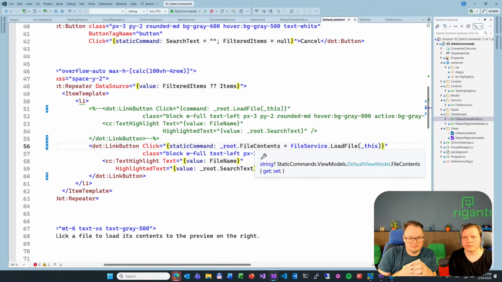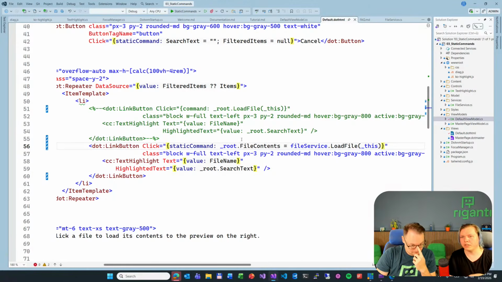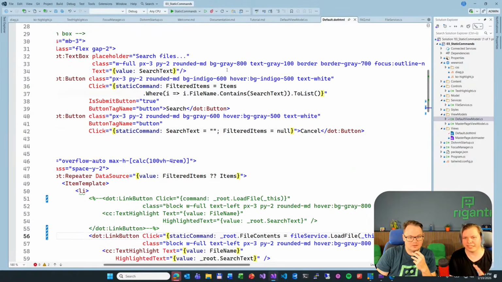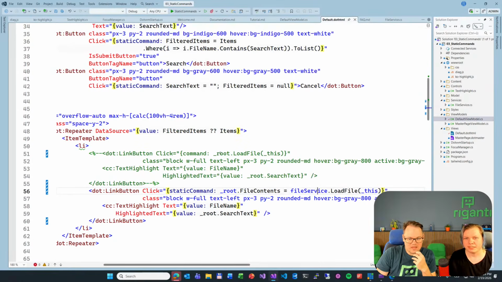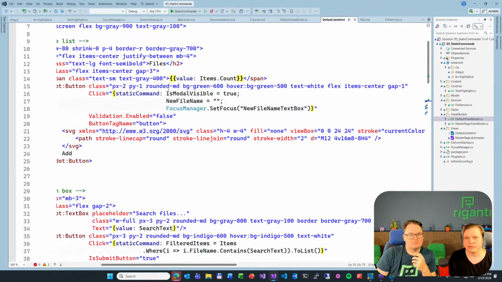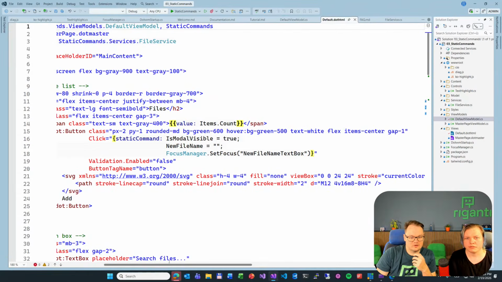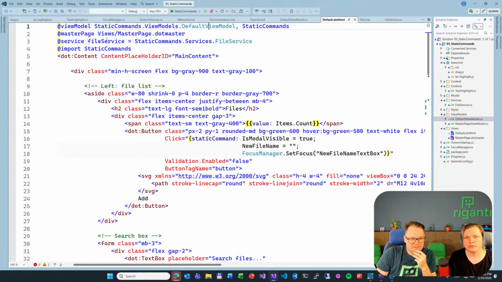So basically, we are patching just a small portion of the view model with some content, some data which we retrieve from the server or some other way. So you can use static commands to just patch that thing. And let's also show how we got the file service there, because in the previous command we just called root.getFile, but now we have some kind of service there. In case of normal commands, that root means that it's declared on the page view model, so that function is always looked up in the view model. And because